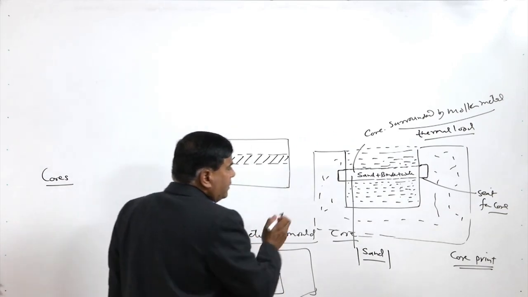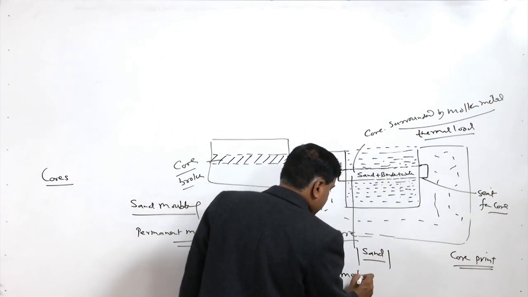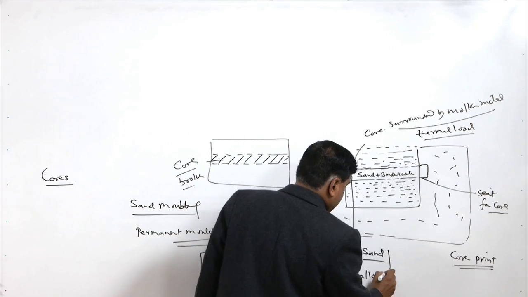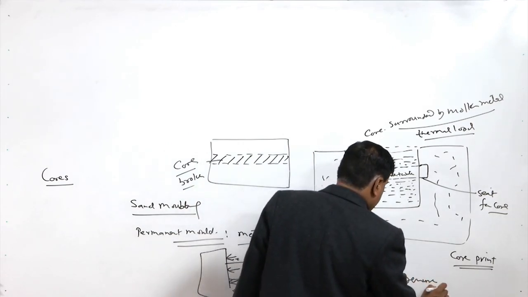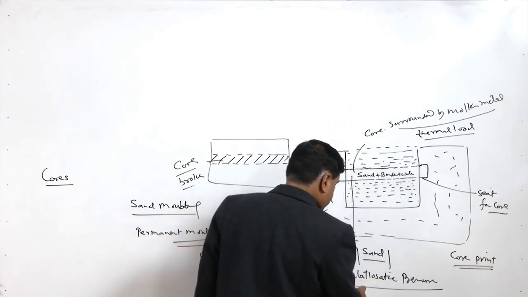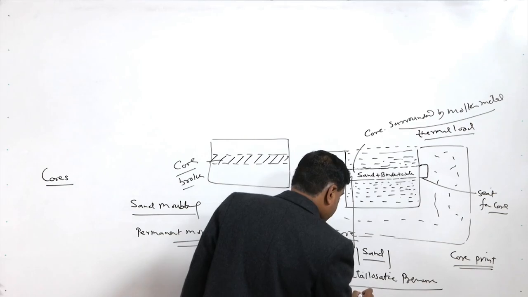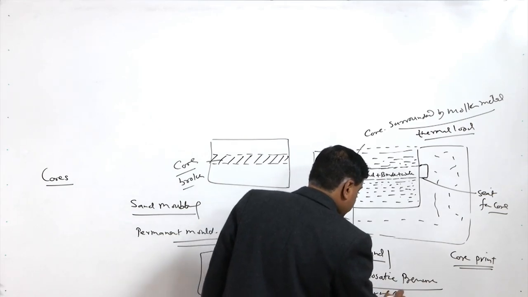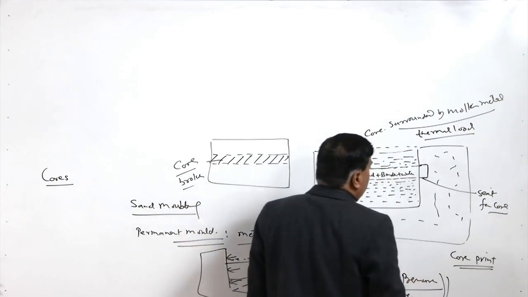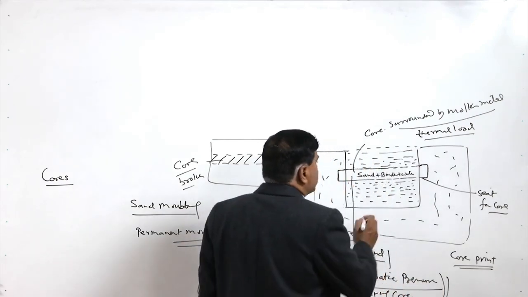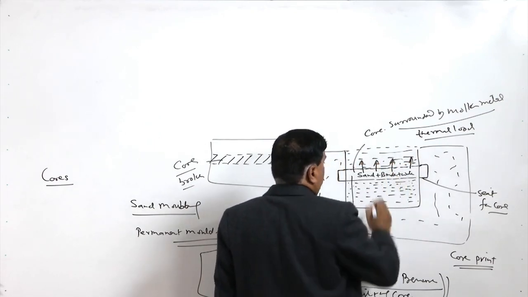Similarly, the forces acting, the metallostatic pressure experienced by the core as well as the weight of the core, these two in combination produce a lifting up force due to